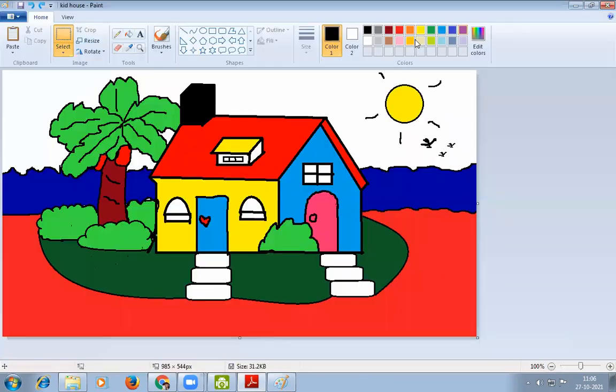Let's see. So for example, I have to keep only the sun here, okay, along with the birds. So what is the first step? Using the select tool, select the part of your image you want to keep. We have already selected the part that we want to keep in this picture. Second one, click on the crop tool. Okay, now we are going to click on the crop tool.